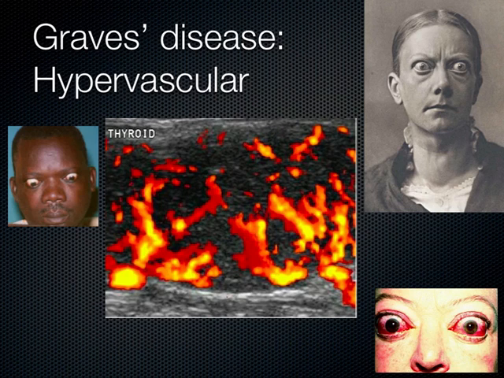We see this quite often in both emergency medicine and primary care. And it's actually the most common cause of hyperthyroidism in children, adolescents, and adults, and usually presents itself during early adolescence. There's a hereditary component to it. It's between 5 and 10 times more common in females than males. It's also the most common cause of severe hyperthyroidism, and basically about 25 to 30% of the people with Graves'